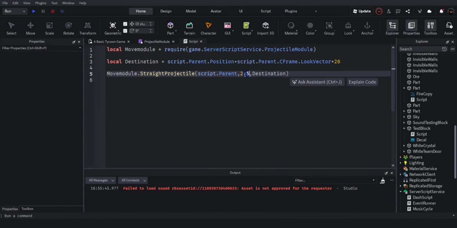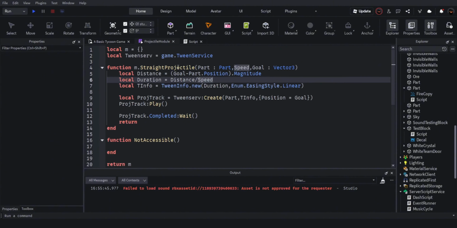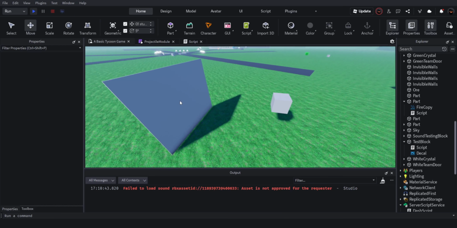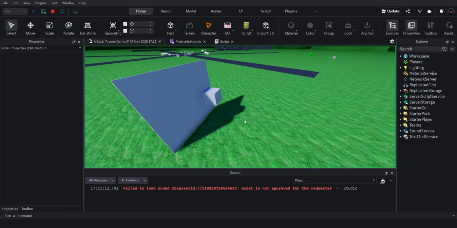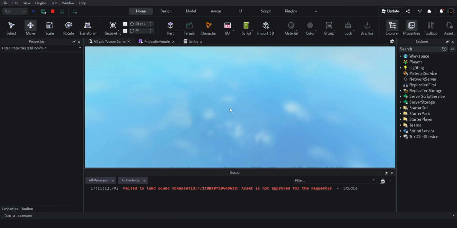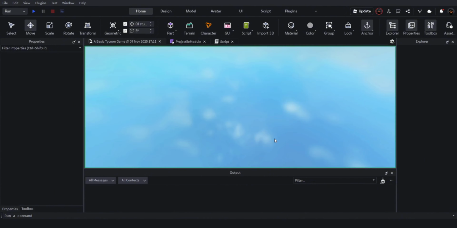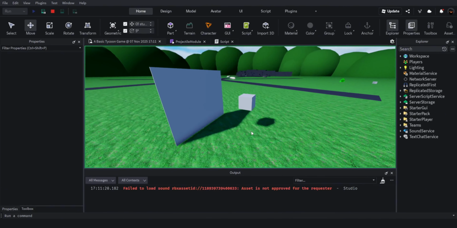The speed is just a single number. I put 2.5. The higher it is, the faster the projectile. And then I put it all inside of this TweenInfo, and that completes the tween. I've coded in the collision detecting portion of the script, and as you can see here, it will stop on the wall. And if I shift the wall further away, it will keep going until it reaches the wall,